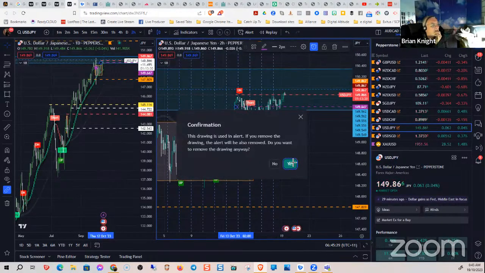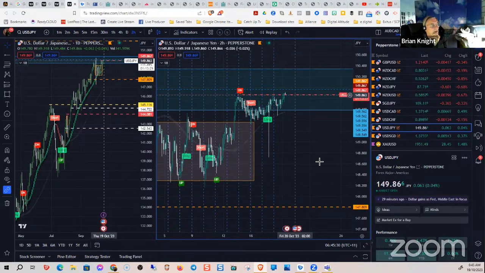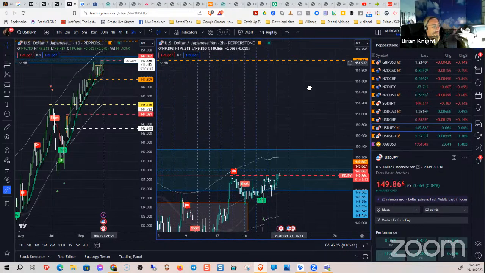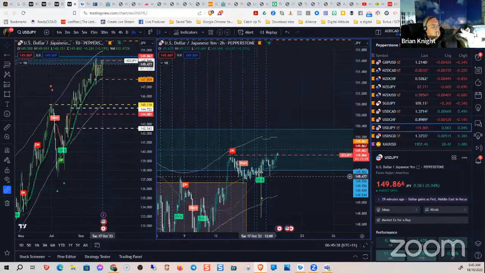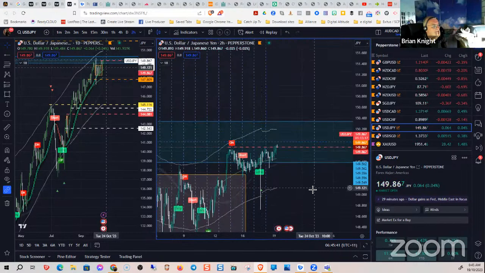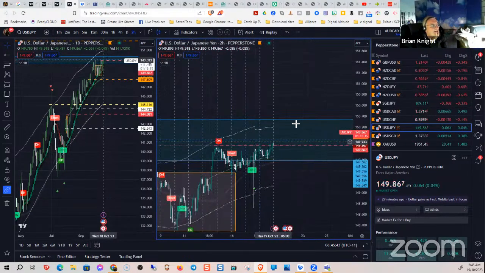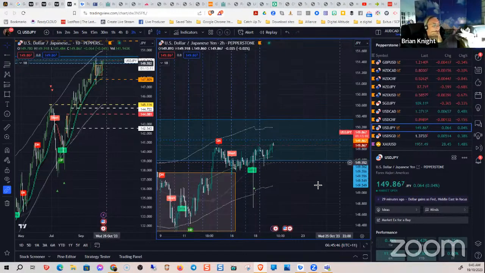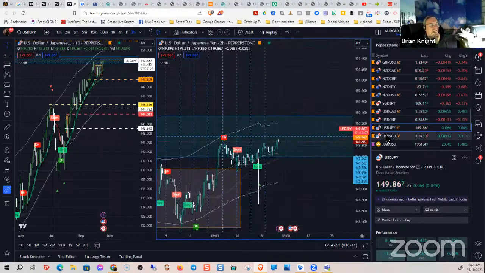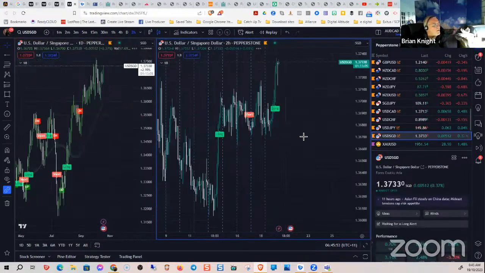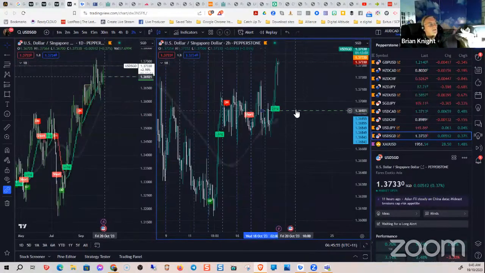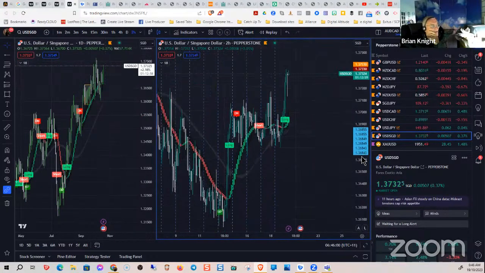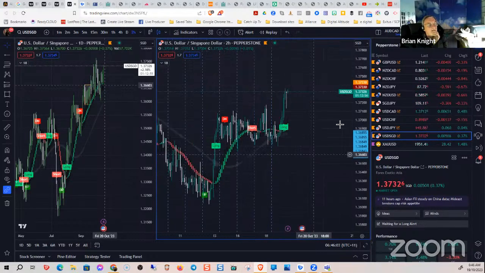UJ. So many of these. This is where I said it was going to pull up to there. Why am I not in that long? Look at the wick on that though. All right, let's get the pullback and then get into this. UJ. Okay. USD Singapore. Again, like all of these ones I've marked, I just haven't taken advantage of them for some stupid reason.